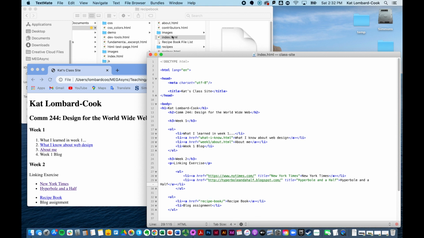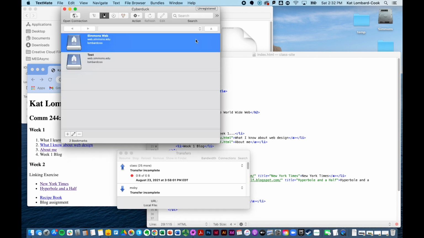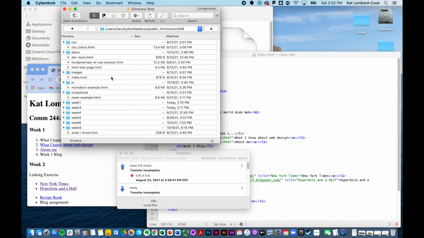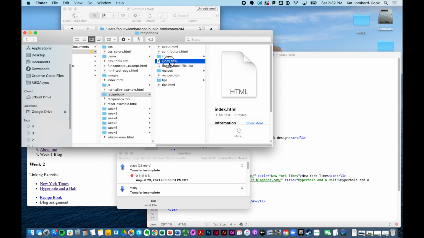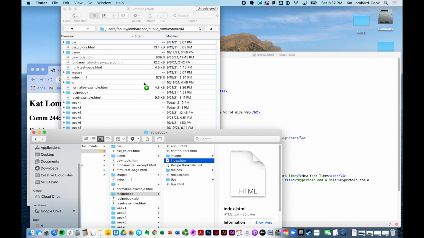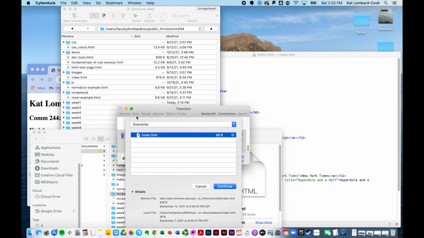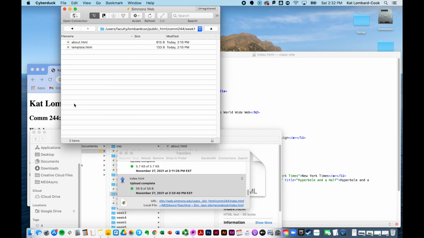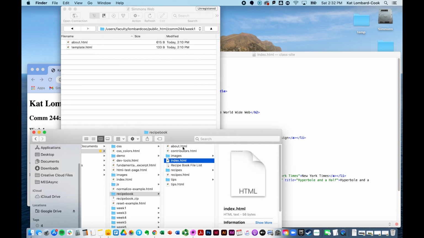And then just remember to always open up your CyberDuck. And in order to have this then show up online, you need to make sure to FTP it as I'm loading up CyberDuck. There we go. And you'll notice that it always opens up to where you last left it. So I go to my site and I'd have to go in and update my index. And when it does that, it's going to ask you always overwrite. There we go. And the other thing is I'll need to go into my week 1